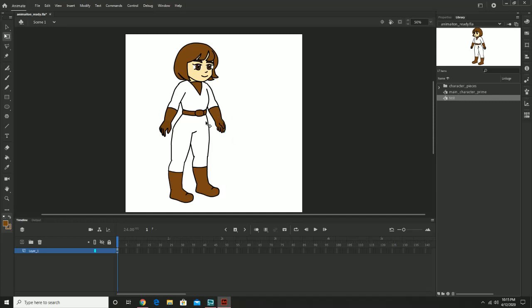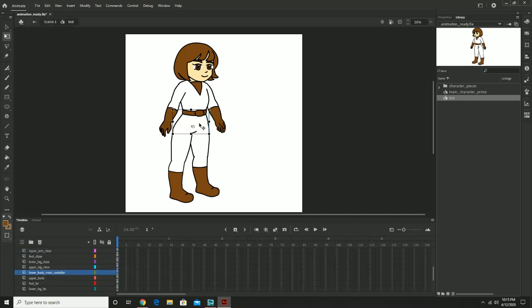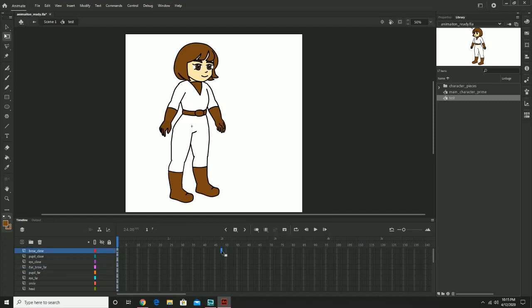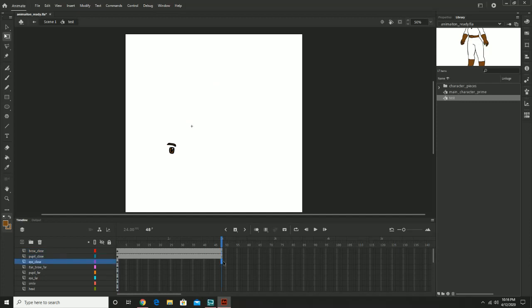Now the way that I could do that is I can basically double click my character, and now I'm in the actual area where everything can be modified. And if this is going to be about a 2-second animation, because I don't want this to be too long, I'm going to need to make sure that all my layers go out for about 2 seconds. By the way, interesting note, since we have to insert the frame for these, hitting F5 is going to save you a ton of time. So make sure that you can see your frames and just hit F5 for as long as you need this to be visible. So this is going to be a little bit of time,